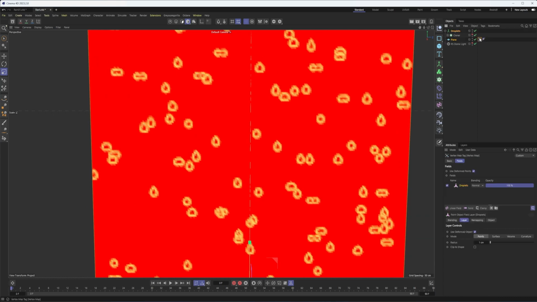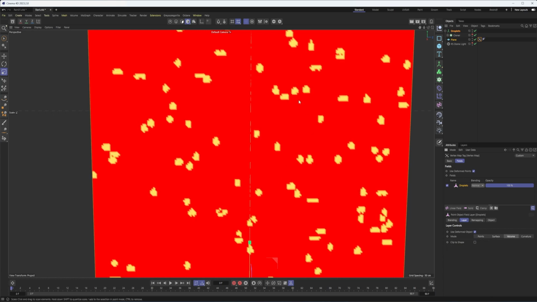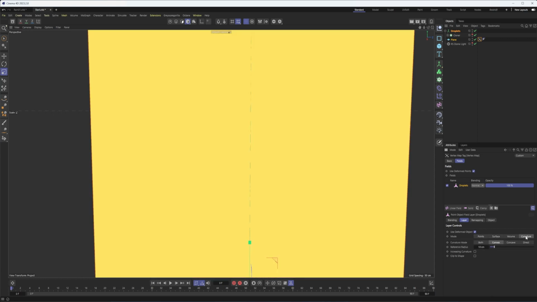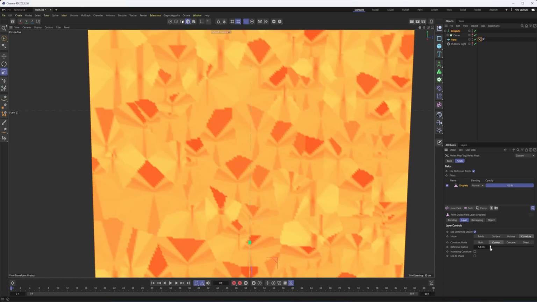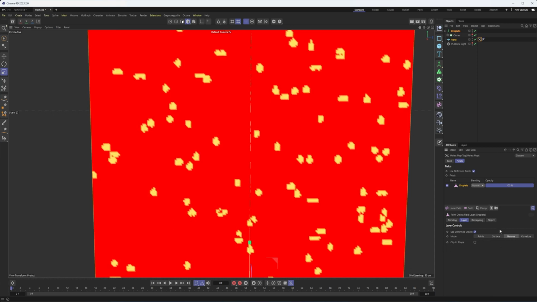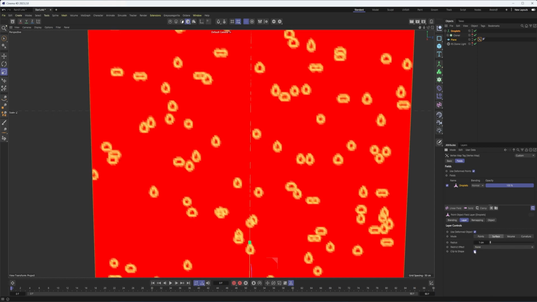But if we were going to try and adjust that, we would do that in our field section and adjust the mode here to surface, maybe see what volume does. You can see volume works, but it makes things look even more pixelated, and we don't have a way to adjust the size like we did with points or surface. Curvature doesn't really do anything for us. Oh, we get something interesting, but not quite usable with what we're currently going for. So, I don't think it's a huge deal which mode we go with right now.